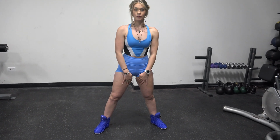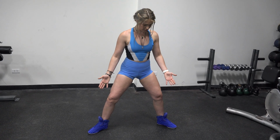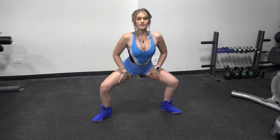So that's on the inner part of your thigh as well. By keeping a wide stance and having your toes turned out, that opens up your middle muscles to be targeted when you're performing squats. As you're performing it, you'll notice when you come down, you're going to get more of a stretch to the inside part of the leg,